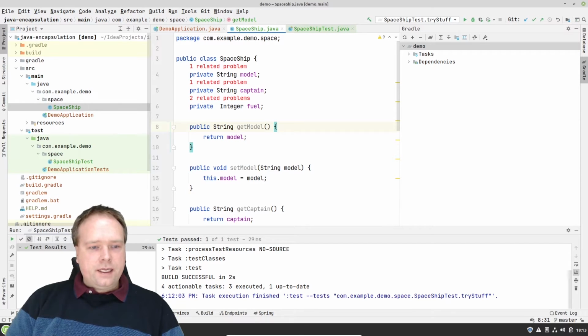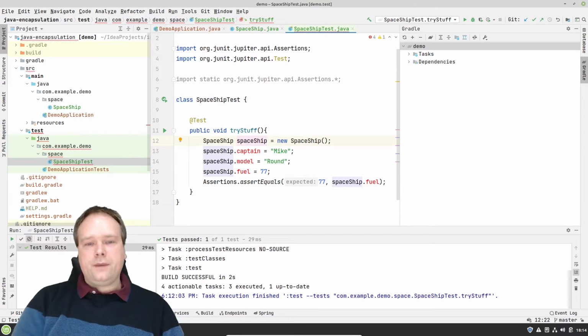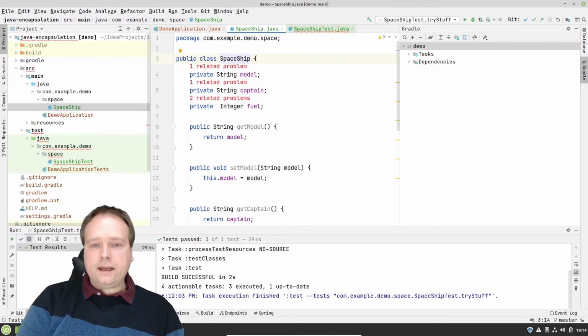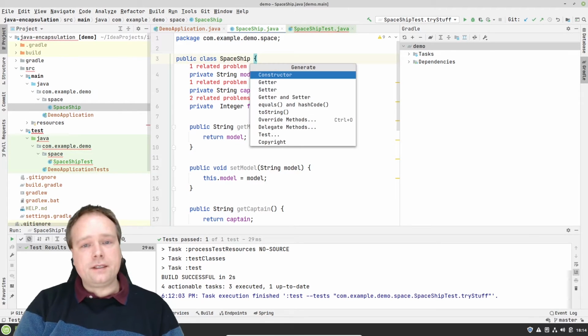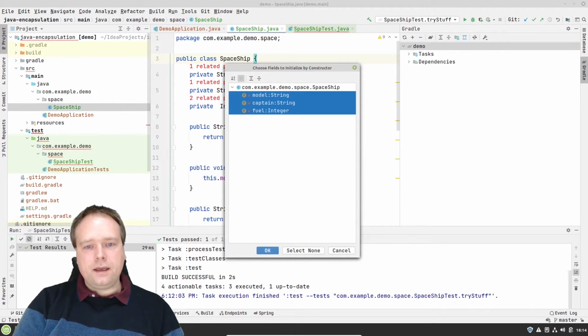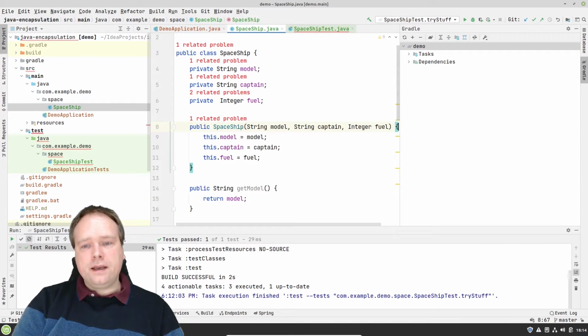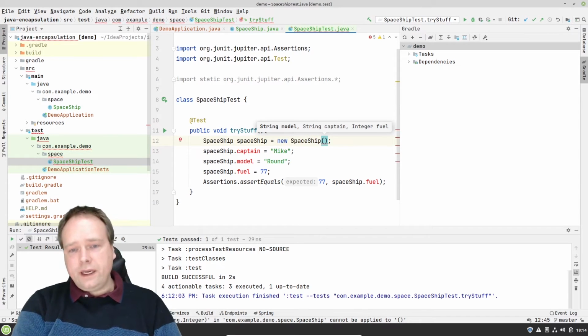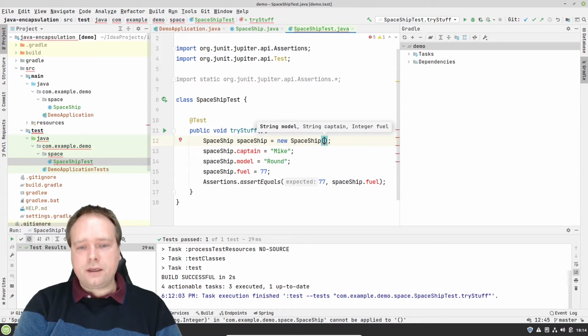Let us go back to our test now, because we need to fix our test. So first of all, let us create a constructor that actually matches all the fields. Again, I can generate this code by pressing Alt Insert, Constructor. Then I can choose my 3 member variables. Then I can create a constructor based on my fields. So let me go back to my spaceship right here. Now I can see, if I press Ctrl P, which parameters my constructor takes. And here it takes a model, so that means I need to write